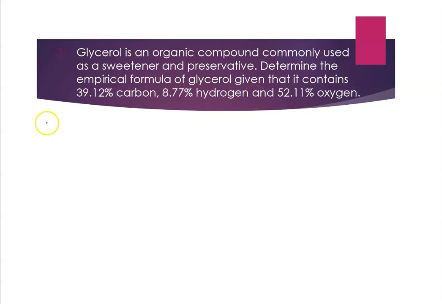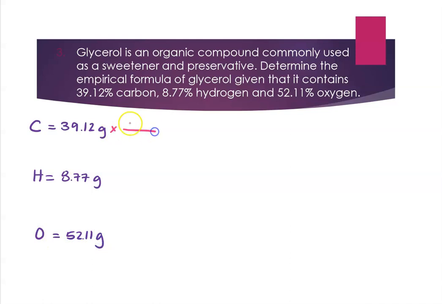So this time I have 3 elements. Carbon is going to be 39.12 grams. Hydrogen will be 8.77 grams. And oxygen will be 52.11 grams. So now I'm going to divide by molar mass. Carbon is 12.01. Hydrogen is 1.01. And oxygen is 16. All right, so we do the math on this, and we get for carbon